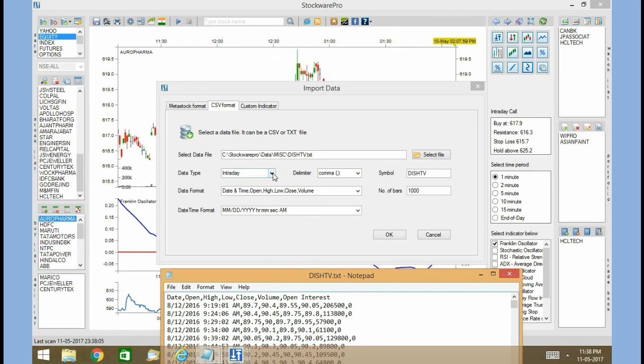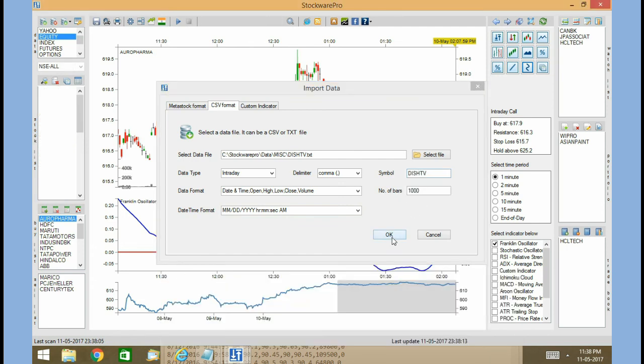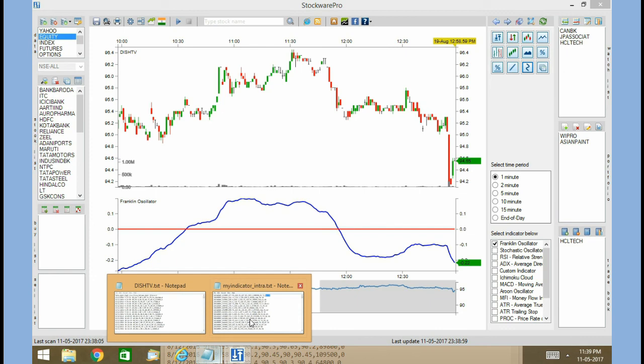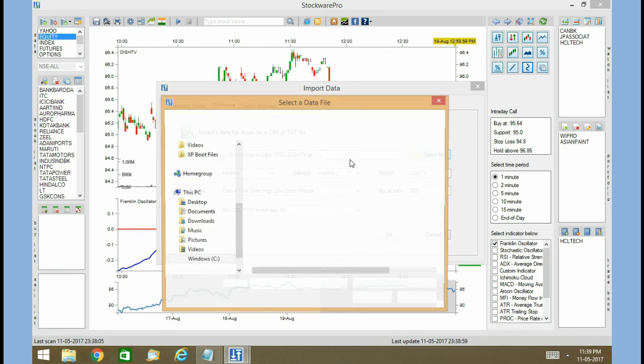So you have to select first of all if it is an intraday or an end of day file. So intraday, delimiter file is chosen, and then you have to see which of the format is the correct one. Here the date and time is given as one single entry. So you have to select that one correct and provide the symbol there, the number of bars, and click OK. So this is the symbol, using CSV format. You can quickly go back, select a different file if you want,